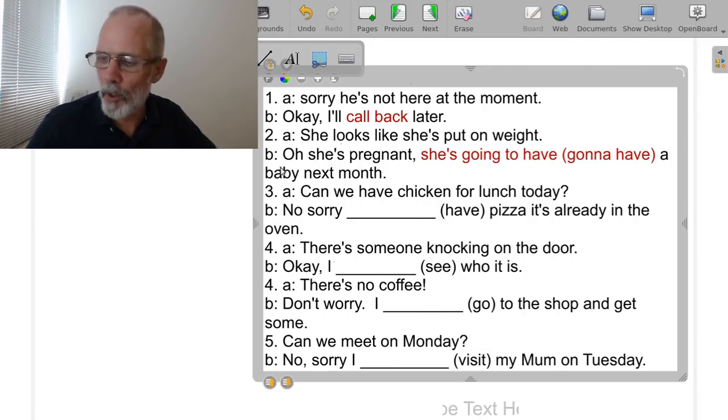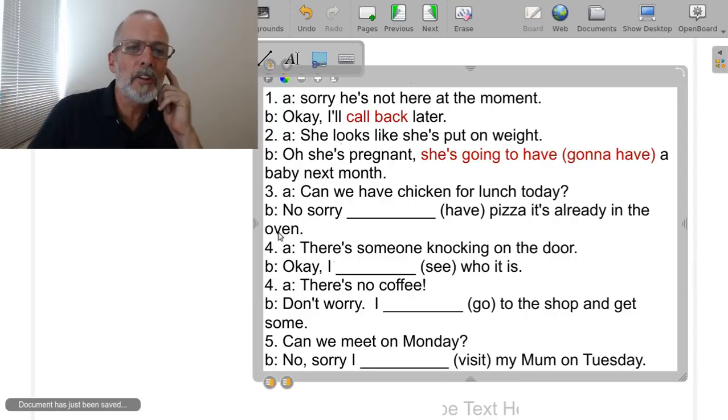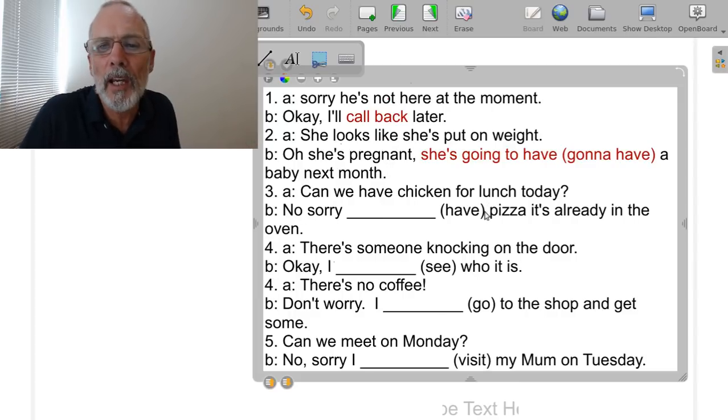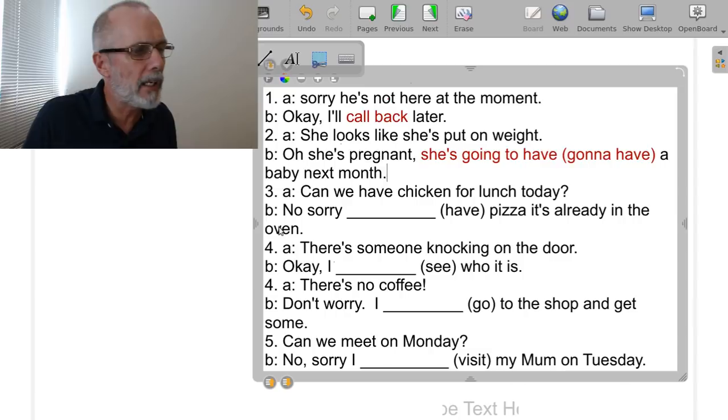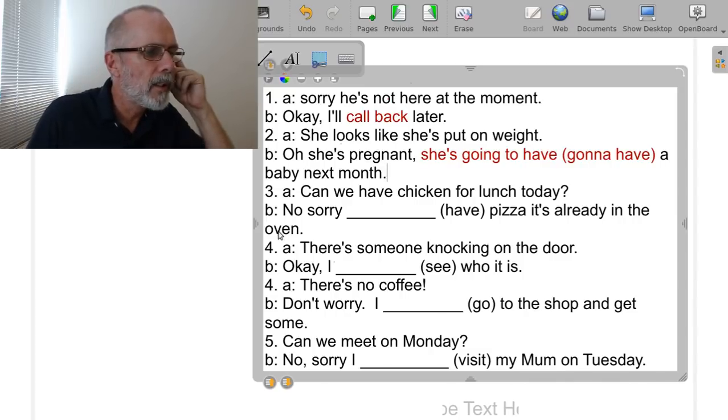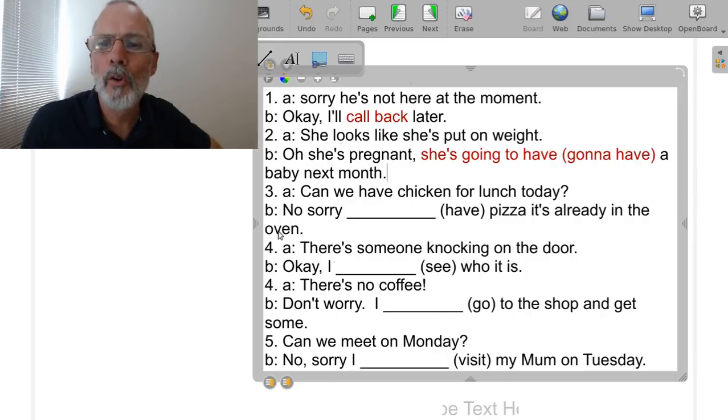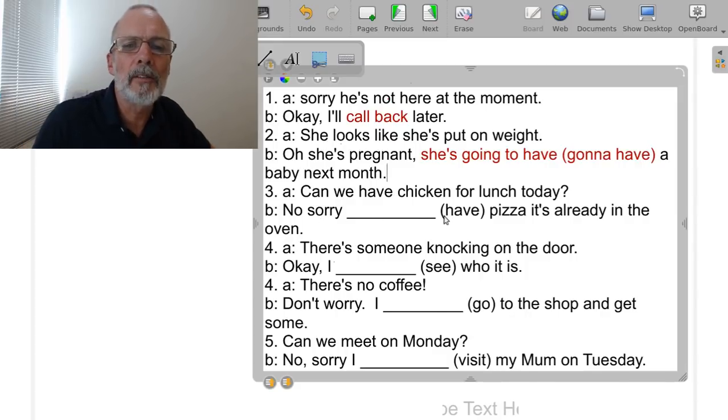Next one, number 3. One person, A, says, can we have chicken for lunch today? And B says, no, sorry. Pizza, it's already in the oven. That means the pizza is already cooking in the oven. The pizza is already cooking in the oven. So,